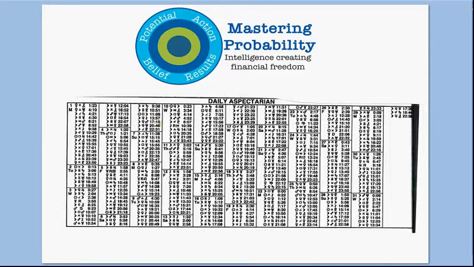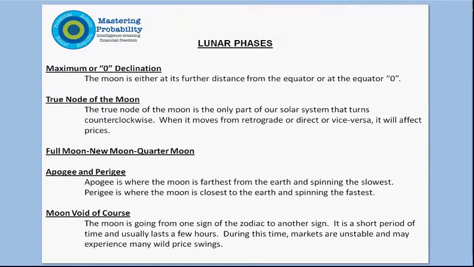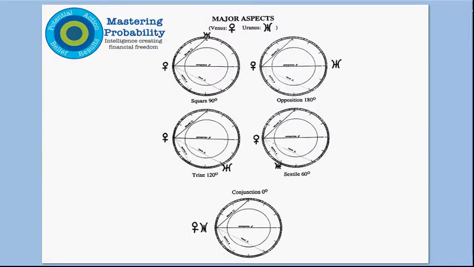These are the primary lunar phases. The ones that we have been trading have been the full moon, new moon, quarter moons, apogee, and perigee. We're going to spend some time on apogee and perigee today, as well as spend some time on really just simply the candles, and try to bring everybody up to speed on some of the candle formations. We'll focus on the hammer candles, and I've covered a couple of those patterns inside the newsletter.